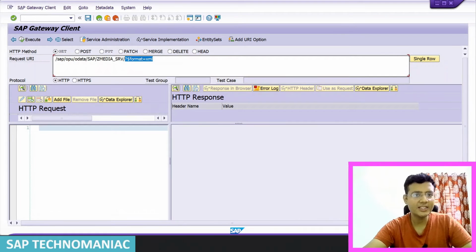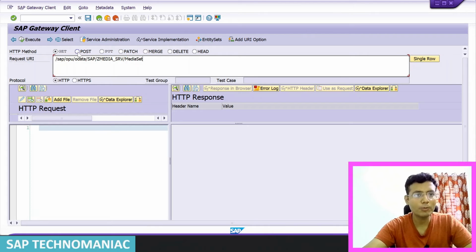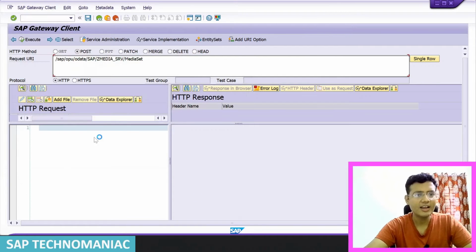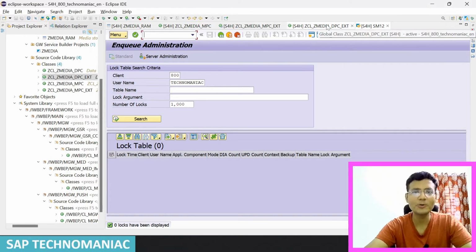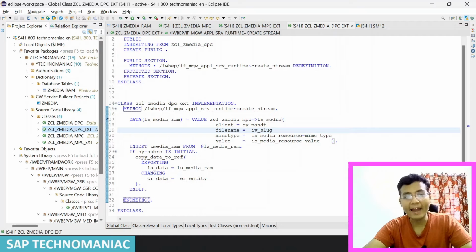I want to get the media set, and this time I want to post, add a file, the same file I will add, and once it is added, let me put a breakpoint also. One more thing, we will show you debugging in this video in the Eclipse itself. So advantage over here, and one more thing I just want to show you, to activate your external debugging, you